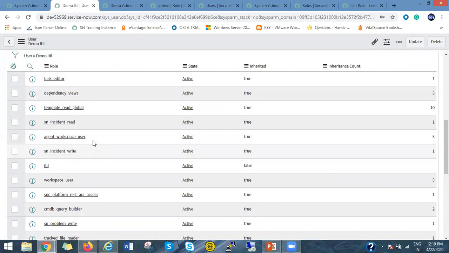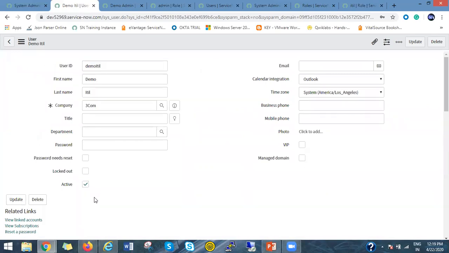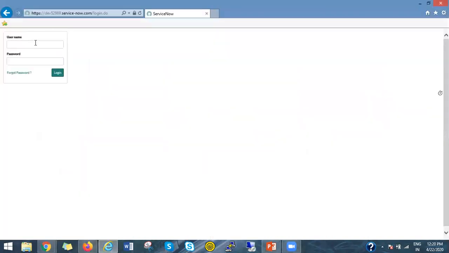Okay, so now if you log in with this particular user, let's say demo ITIL, password is also the same, demo ITIL.